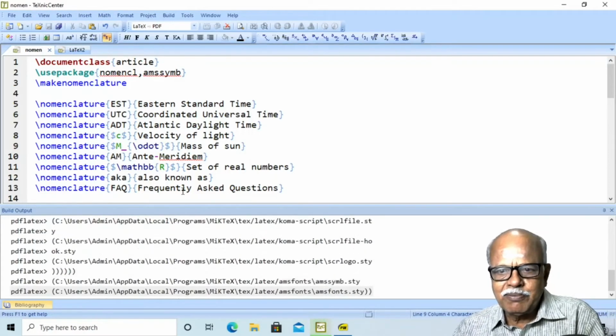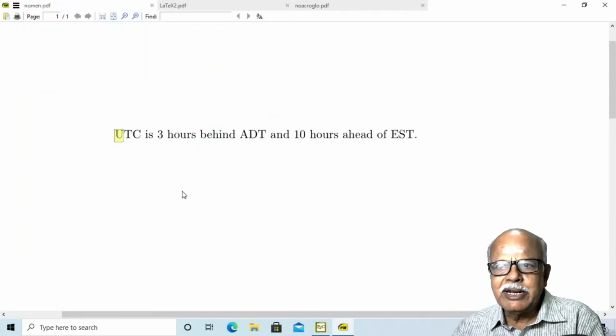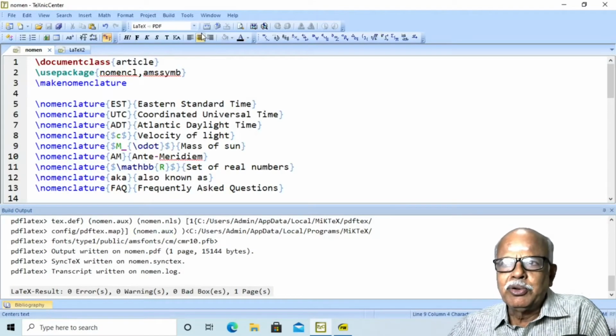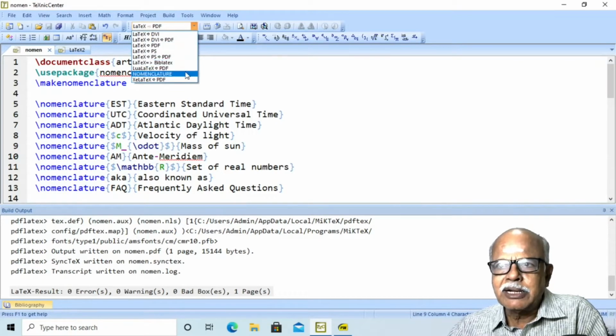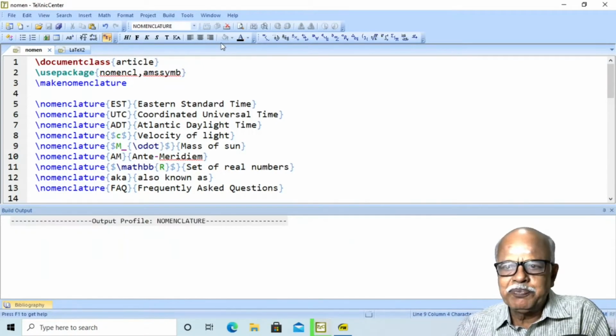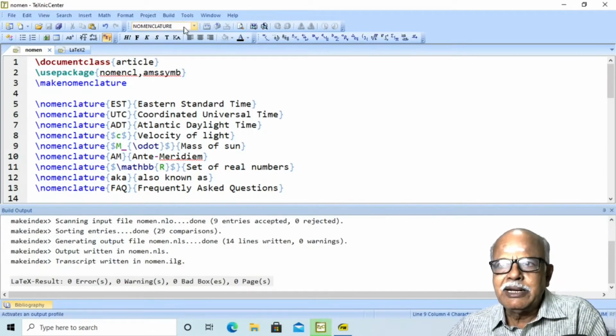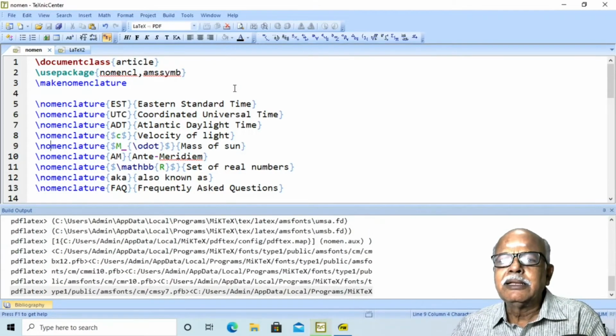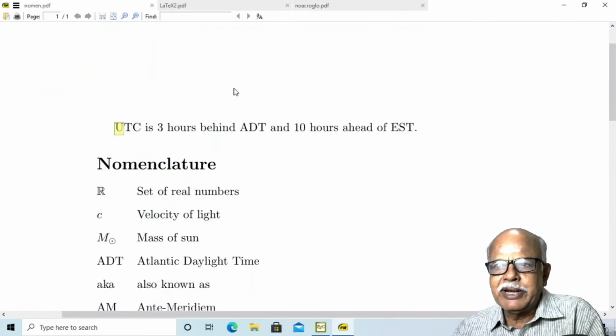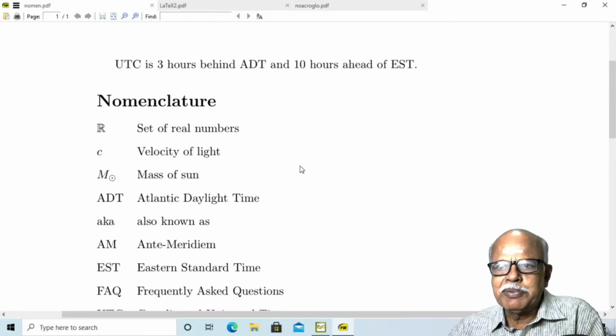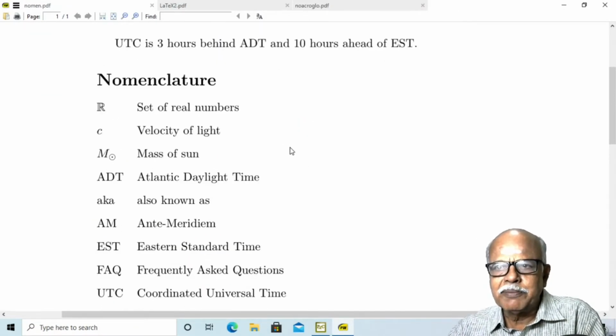Compile this. Again you will find nothing appears in the document. What you have to do is run the command for nomenclature, and again run PDFLaTeX. Then you will find the nomenclature appearing in your document.